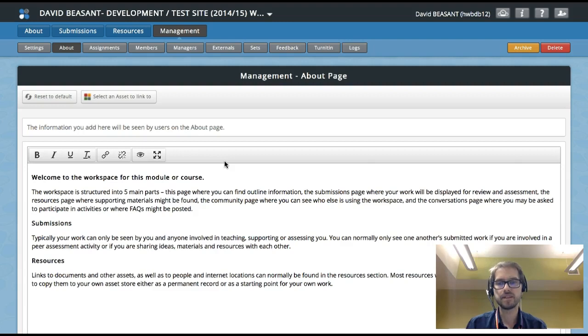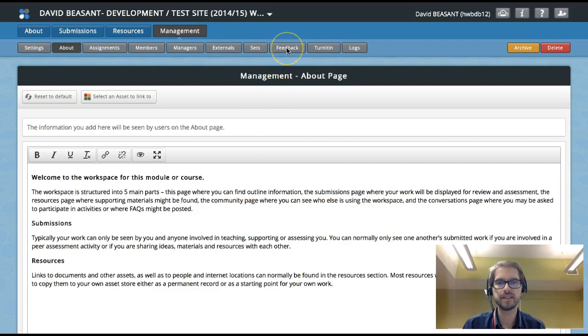Now, if everything's left at default, that's fine. You can still release feedback to all students at the same time. But if you've got less experienced markers, possibly going in and commenting and working on students' work and marking students' work, there are some things you can do to make sure that by accident nobody releases grades or feedback before all students are ready. So I'm now in the management area of the Atlas site that I'm wanting to work with,